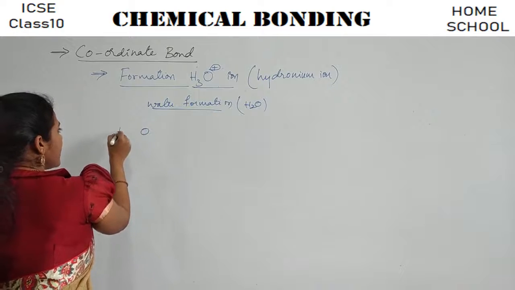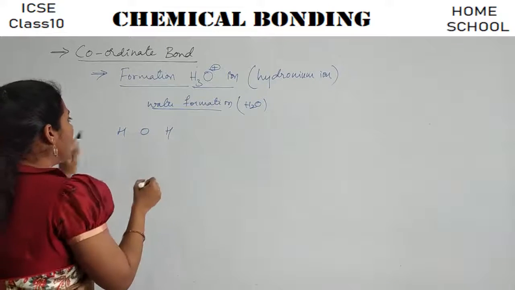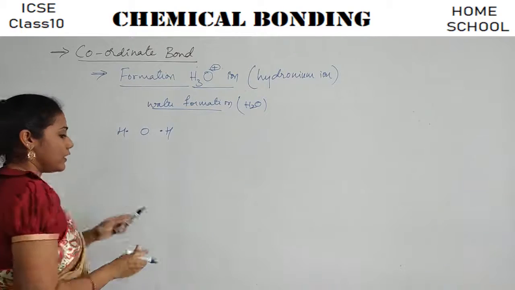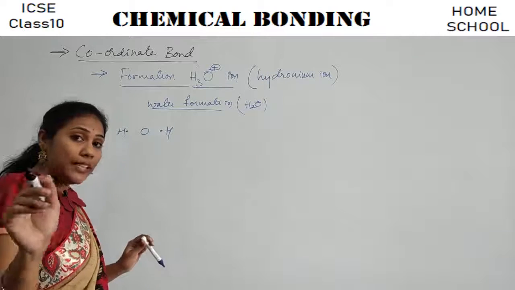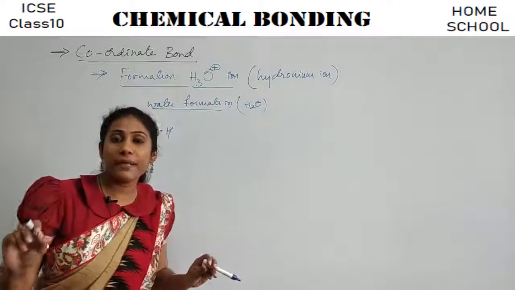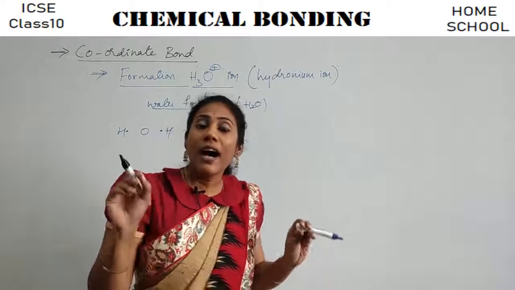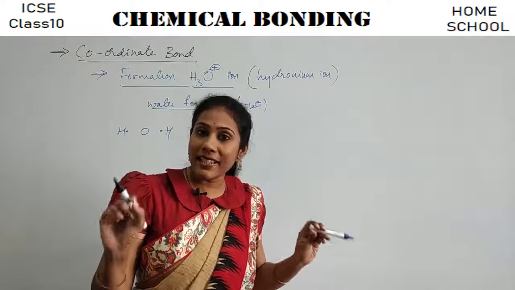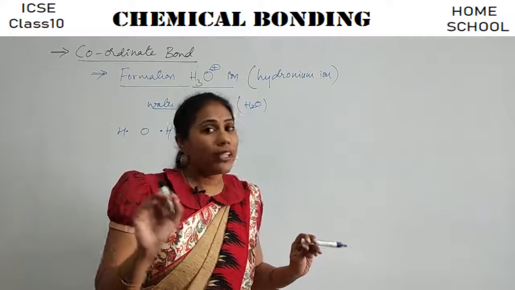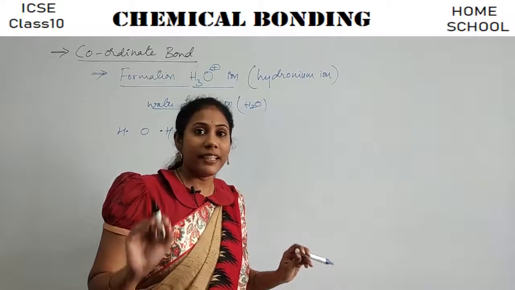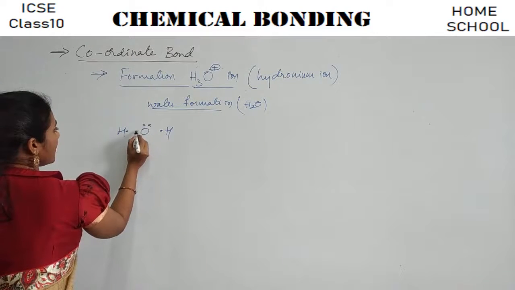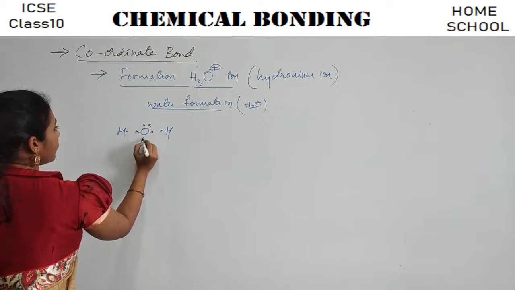Oxygen, and this is one hydrogen, this is another hydrogen. Hydrogen has one electron in the last shell. This hydrogen also has one electron in the last shell. Oxygen has how many electrons in the last shell? 6 electrons. This particular concept is very, very important. You must know how many electrons are there in the valence shell of every atom. Without this, you cannot learn chemical bonding, right? And oxygen has 6 electrons in the last shell. This is how I will arrange 1, 2, 3, 4, 5, 6.